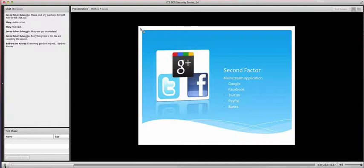But because they're becoming obsolete, we're going to start hearing more about the something you have. This is what we're calling the second factor in authentication, and it can take several different forms. A hard token, or your phone if you have a mobile app on it. There's USB keys. I have one. That little thing is a